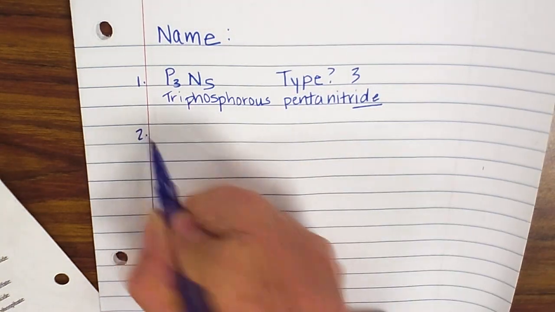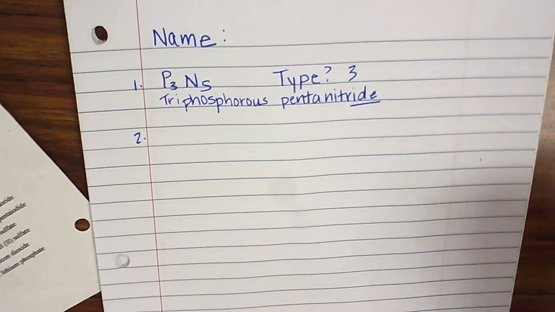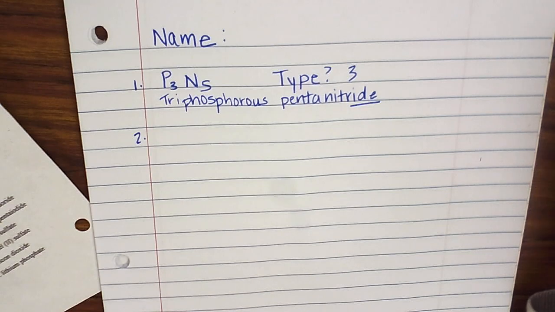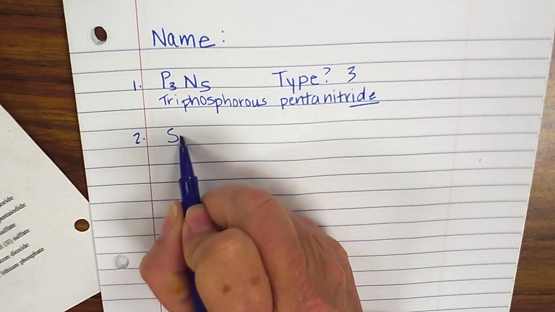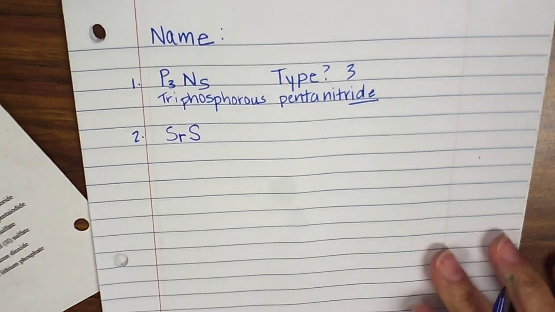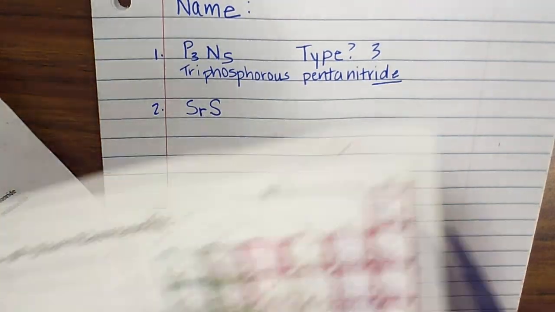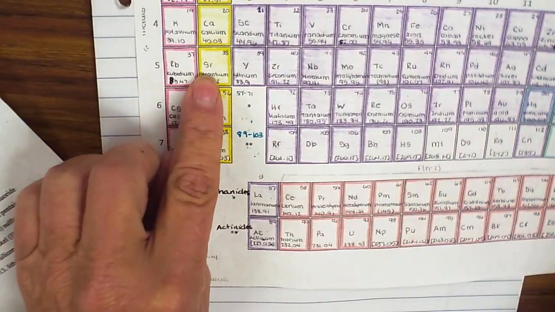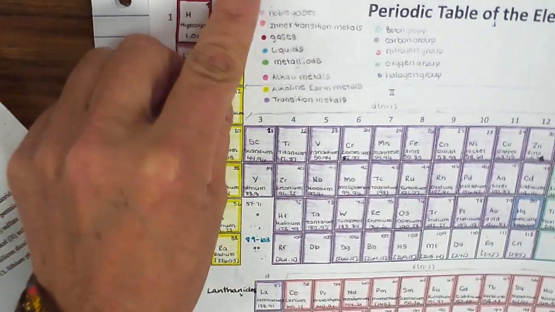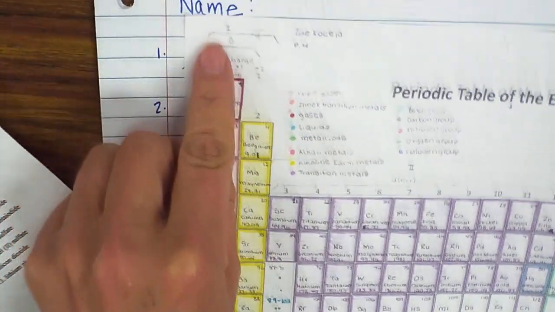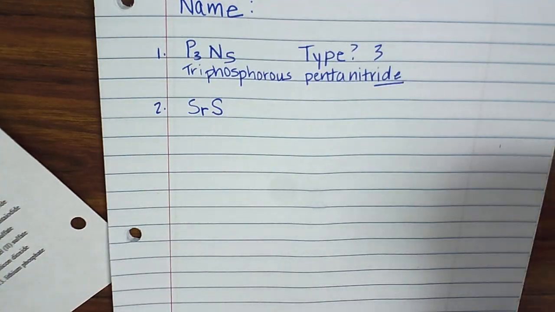Okay, number 2, here's the second one I'm going to look at. How do I name, let's see, how do I name this one? Okay, so the first thing I'm going to do is decide what type is it. So I look at my SR, and I see that it is right here. And this is in family 2, which is under my type 1 umbrella. See, there it is, my type 1 umbrella. So this is a type,